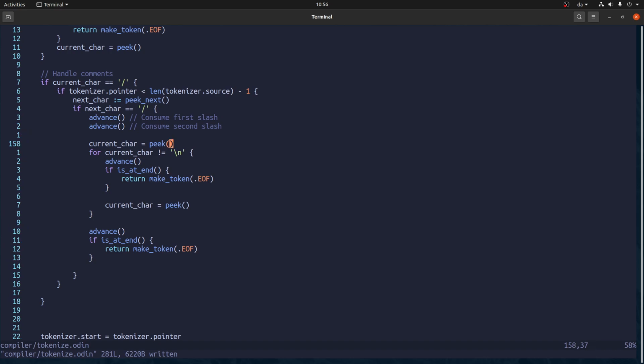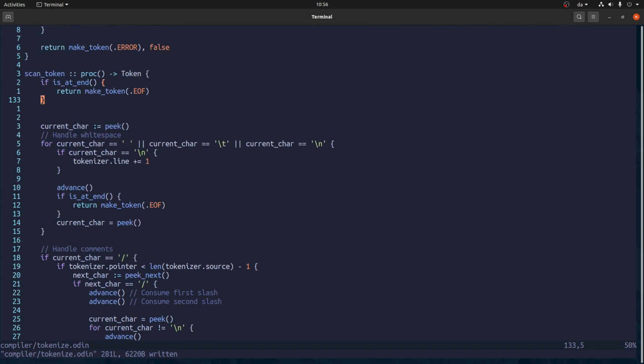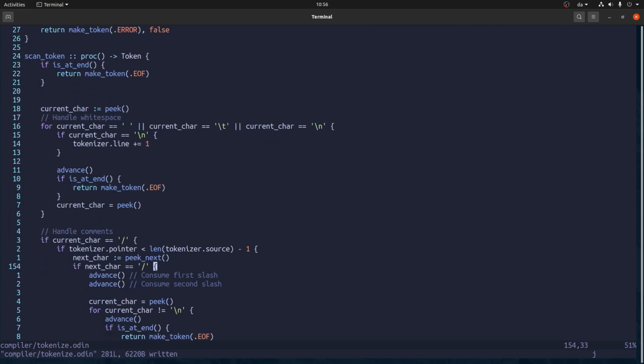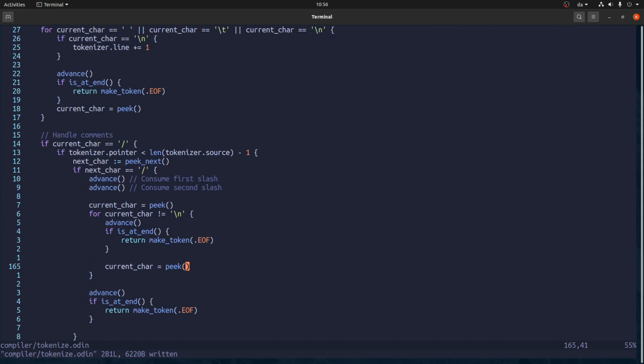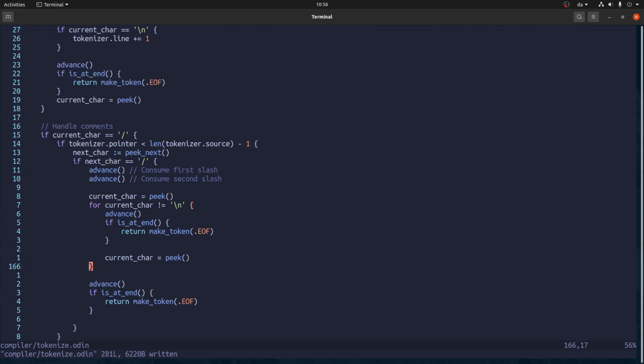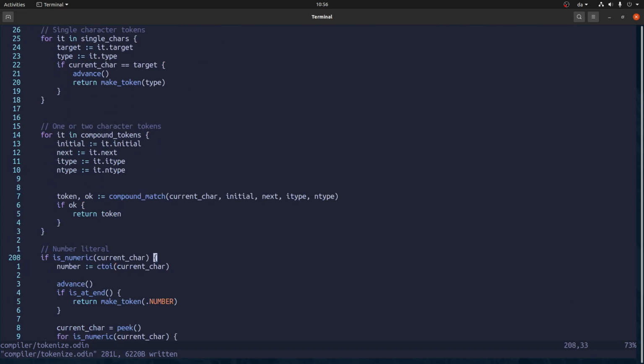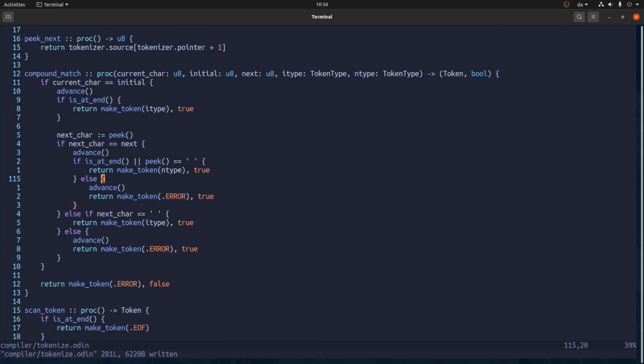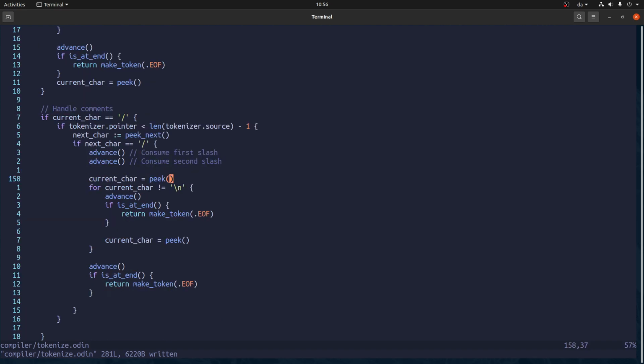My problem is after I have consumed the comment, I want to go back up here and consume white space. So how do we do that? If a comment was a token, it would be easy. We just return the comment.